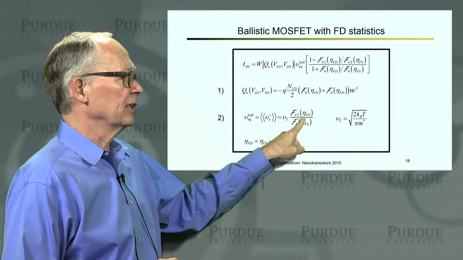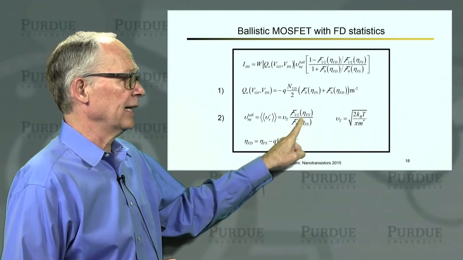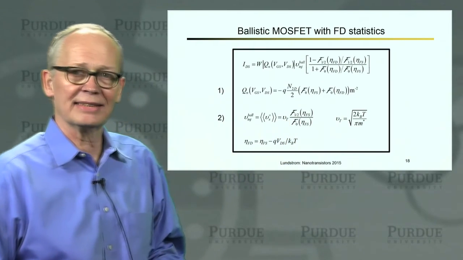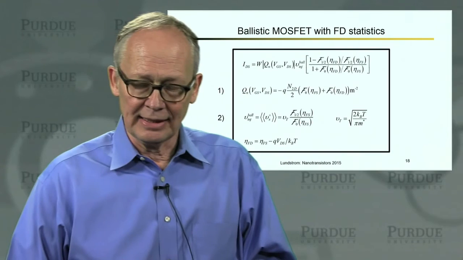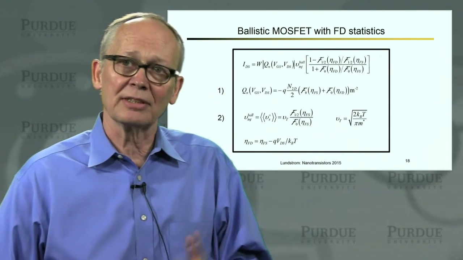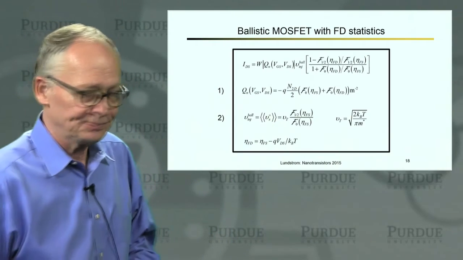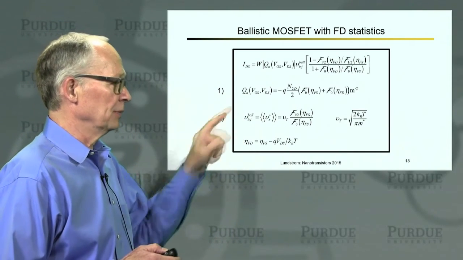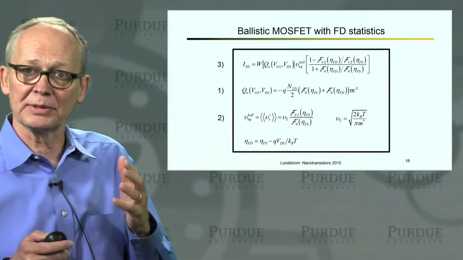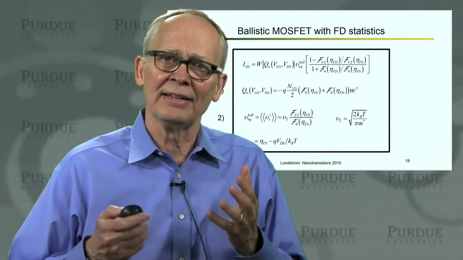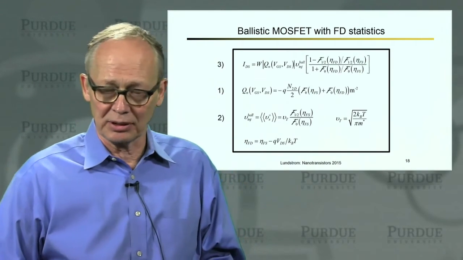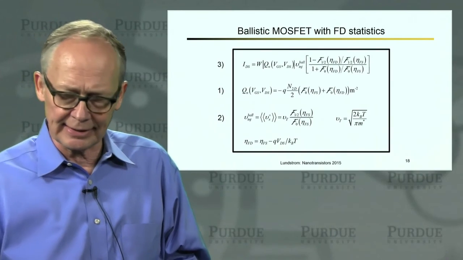Once we know the location of the Fermi level, we can calculate this injection velocity. Under non-degenerate conditions, all Fermi-Dirac integrals reduce to exponentials, and this term is 1. And this ballistic injection velocity is just the unidirectional thermal velocity that we've seen before. But in general, it depends on the location of the Fermi level. Well, now that we know the ballistic injection velocity and the Fermi levels, we can compute the current at this specific gate and drain voltage. And that way we could map out the entire IV characteristic of a ballistic MOSFET with Fermi-Dirac statistics.